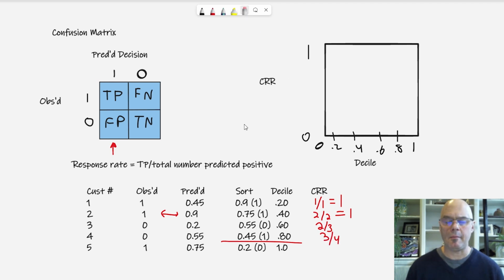And by the time I'm at a decile of 100%, or I'm looking at the entire list, the cumulative response rate has to be the response rate that I started with historically in the data set. I've captured everybody here, so I've captured 5 cases. 3 of them I already know to be true 1s, so my cumulative response rate is 3/5.